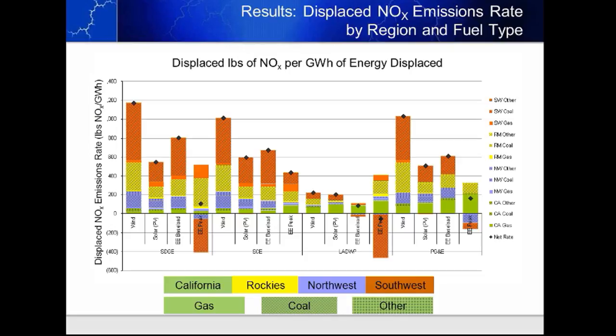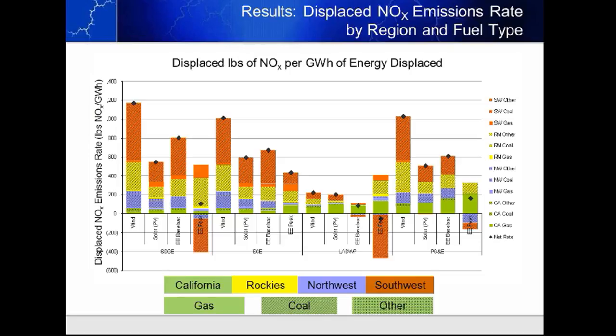So this begs the question: if you're in the air district in Southern California, say in SDG&E, and you're interested in implementing a wind-based renewable energy program for the purposes of accomplishing a SIP within California, you might actually realize very little benefit within the state of California, but you might be realizing a significant benefit across other regions of the West, which are not accounted for in your own SIP, but could have significant impacts elsewhere. And the results of this change significantly by whichever region we're implementing the program, and also by what type of program we're actually implementing and the hourly load shape of those particular programs.